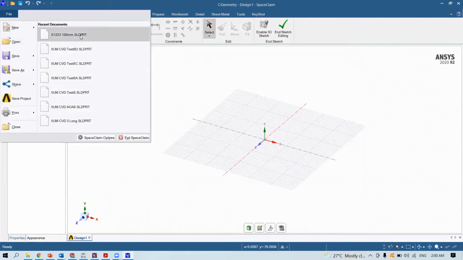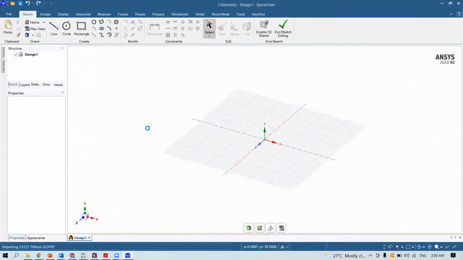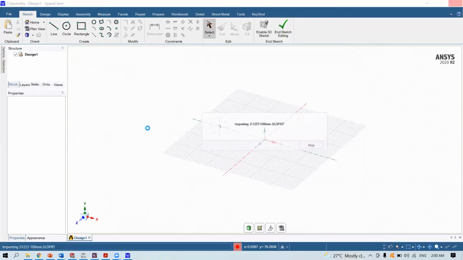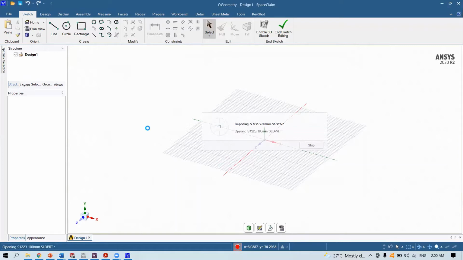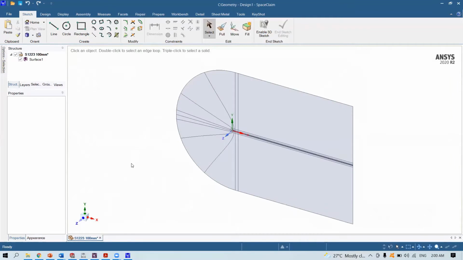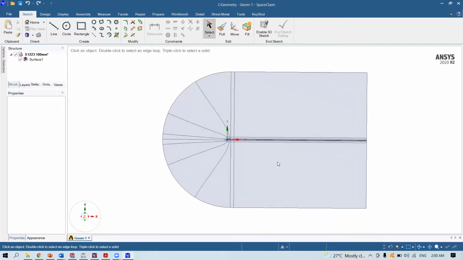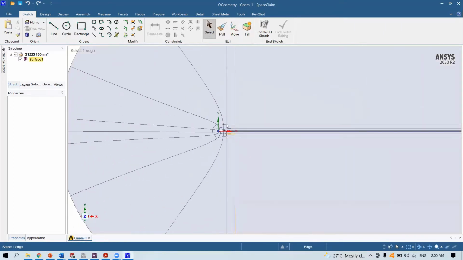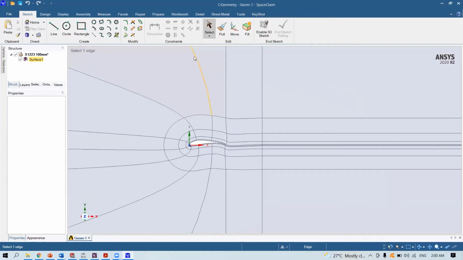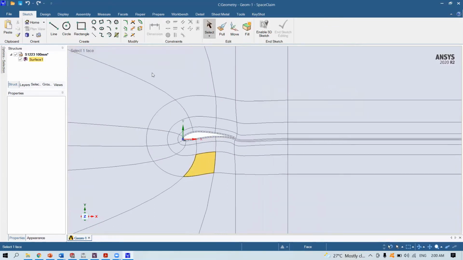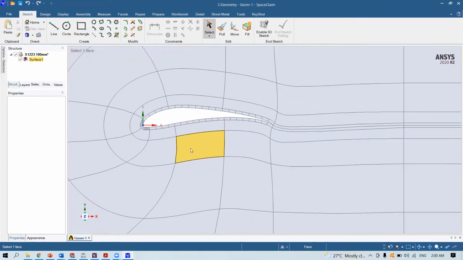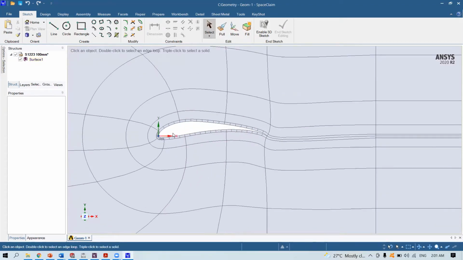File. Just select the SolidWorks part just now. Okay. The change in the settings now will allow SpaceClaim to include the lines here, the separation of the surfaces, so that it will not stitch and merge them together. We need this so that we can use them in ICM.